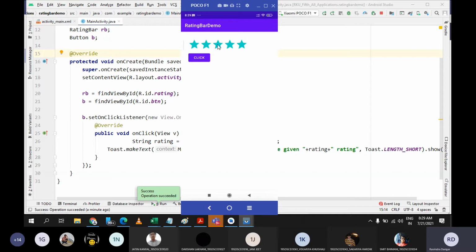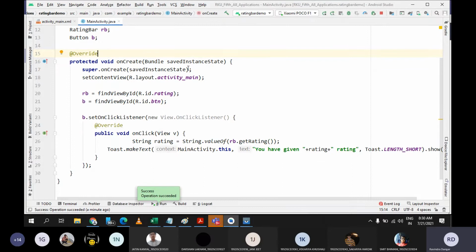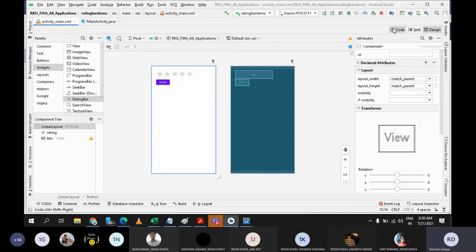Yeah. Now, what if you want to change the number of stars at a time? See, I'm incrementing only. Either I can give 0.5 or I can give 1 or 1.5. So the increment will be in terms of 0.5 only. You can see here. That also you can modify, like for each star how much value you want. Let's say here 1 star represents 1. If I want 1 star to represent 2, then we can do that also. For that you just need to use a few properties inside this XML file for the rating bar.